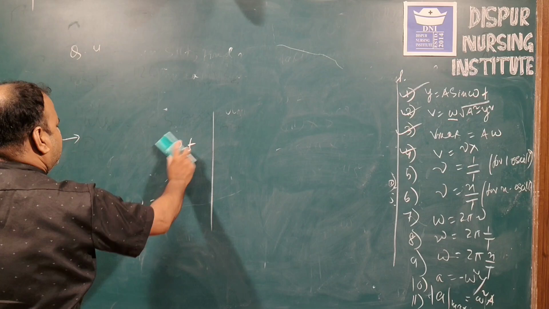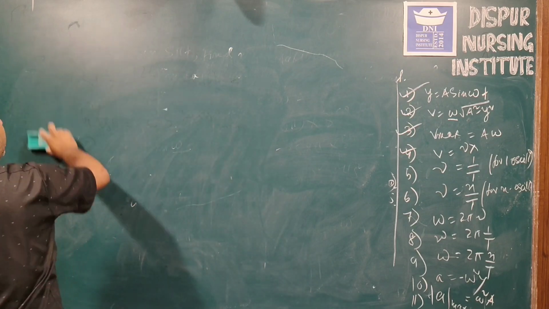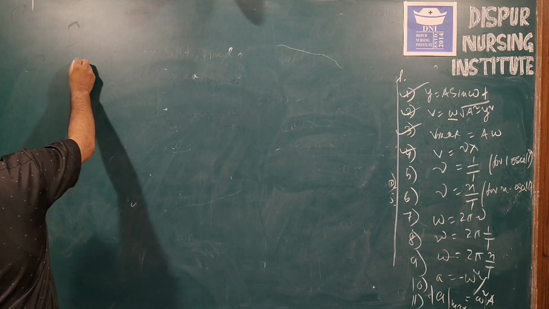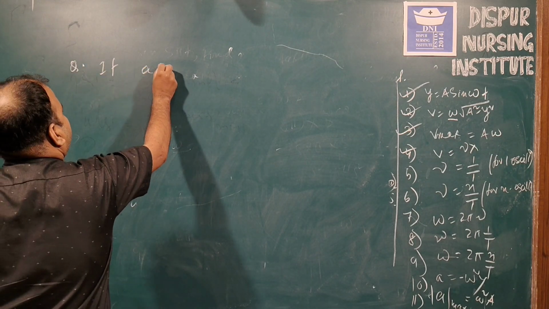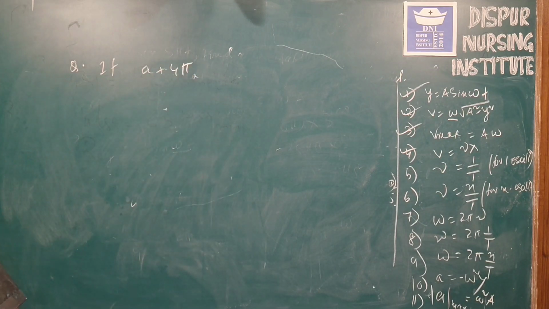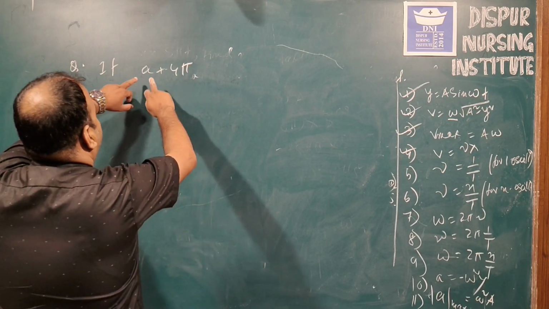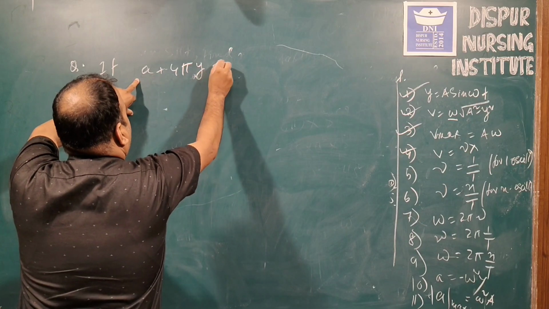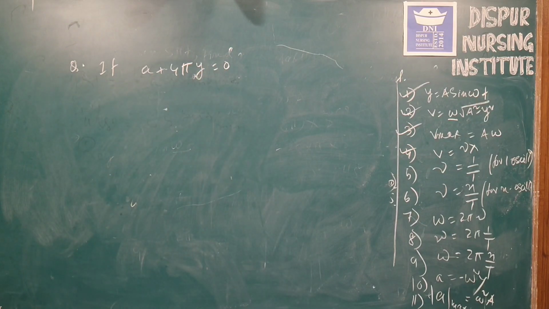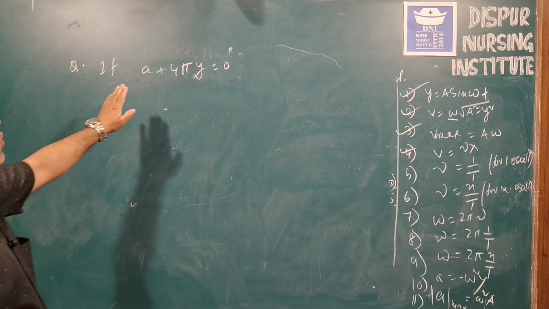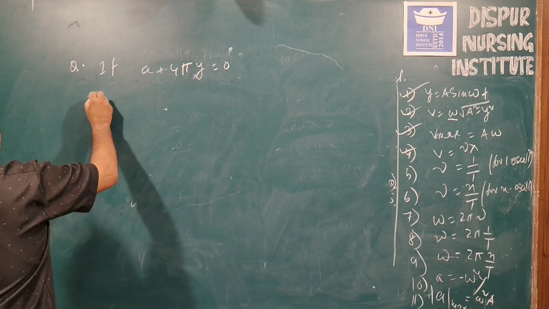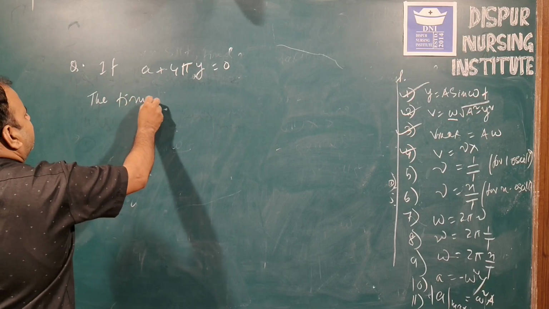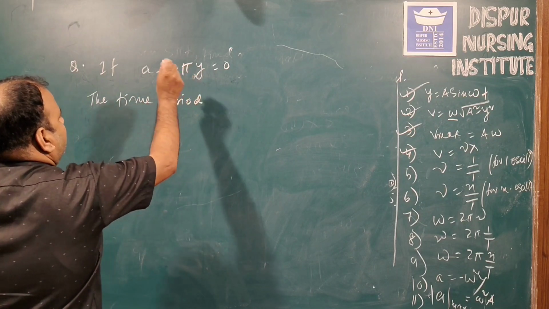suppose one question. So how the question is related, very important topic this one. Suppose you have given a relation, a plus 4 pi y is equal to 0. It is given a plus 4 pi y is equal to 0. So if it is given like this, in this case the time period will be,